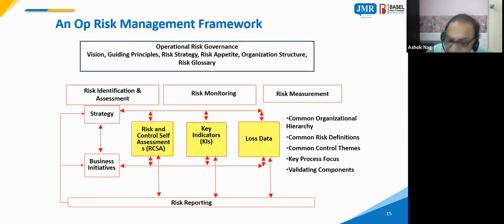Then there is the key risk indicator. We'll go into the details of key risk indicators. That means the event has not happened, but can some kind of early warning system be generated where you can say that a risk is waiting to happen in this particular vertical, this particular area, or in a particular branch? Can we create some kind of early warning system? And then the question is, what kind of early warning system? We'll go into that. And third is loss data.